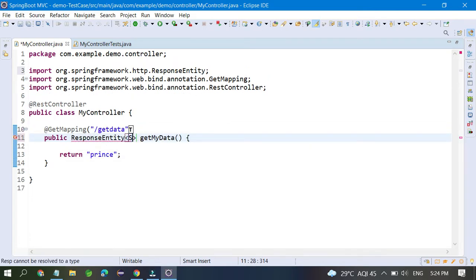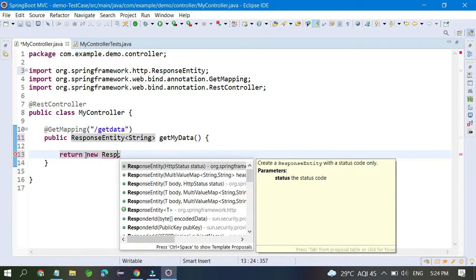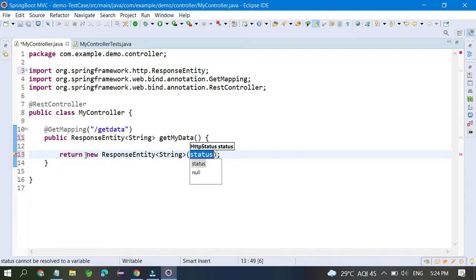Okay, and here I don't want to return directly anything, I have to return like new response entity of a string, and status and data both you can return here. So you can write here like prints, and also you can return the data like HTTP status if it is successful.